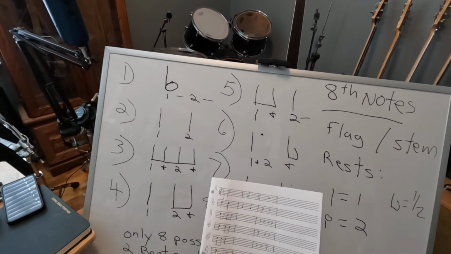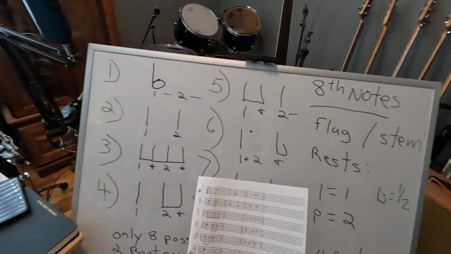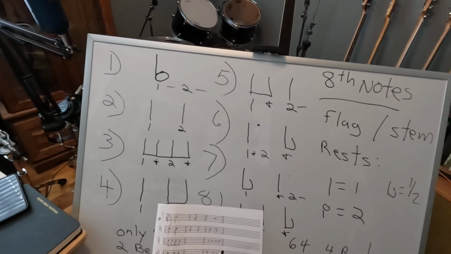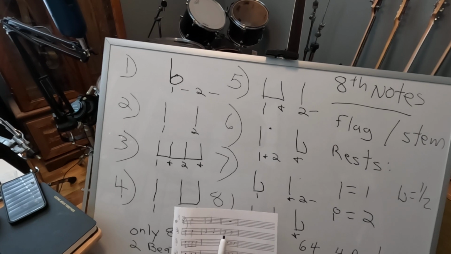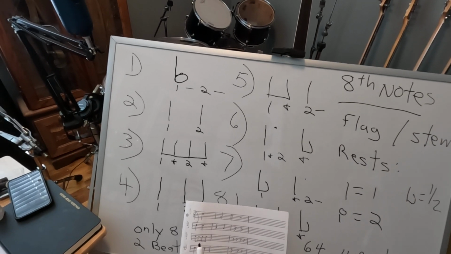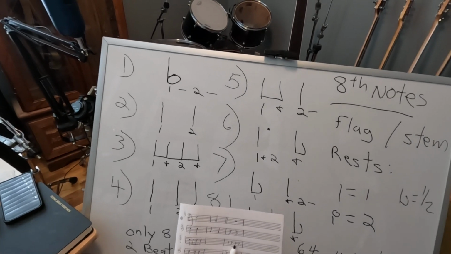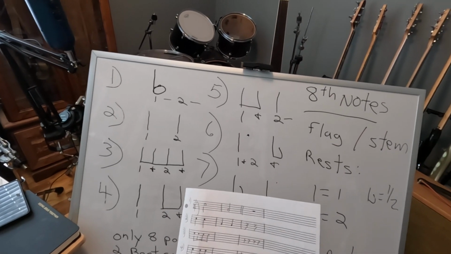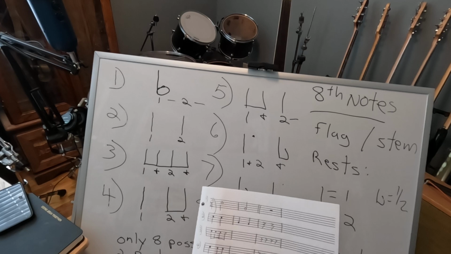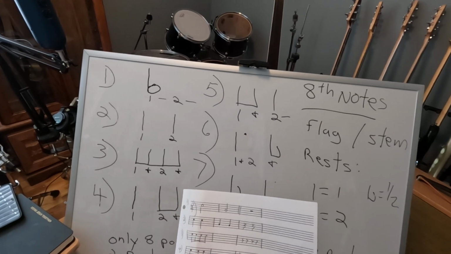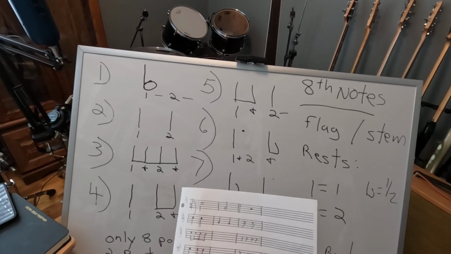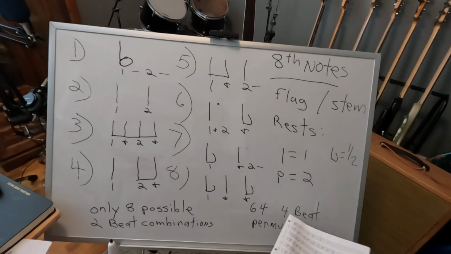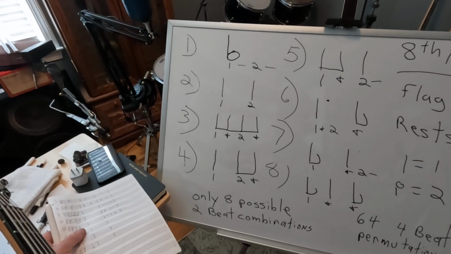So there's only 8 possible combinations. I guess I'm gonna run out of time to do the rest, but real quickly, I'll tell you that the quarter note rest looks kind of like a 3, and the 8th note rest looks about like that. So a quarter note rest and an 8th note rest, 1, 2, and rest, rest, and so forth and so on. So the way you get your 64 permutations is,